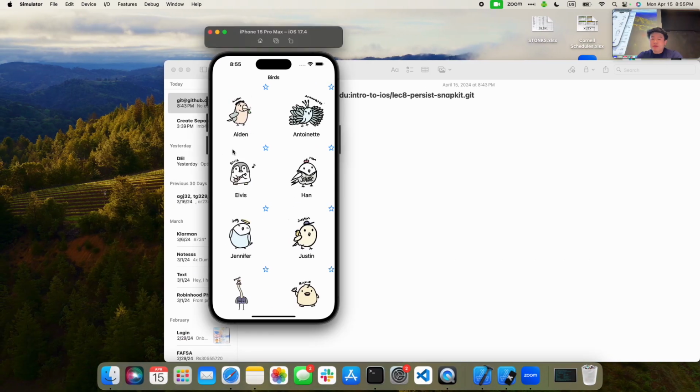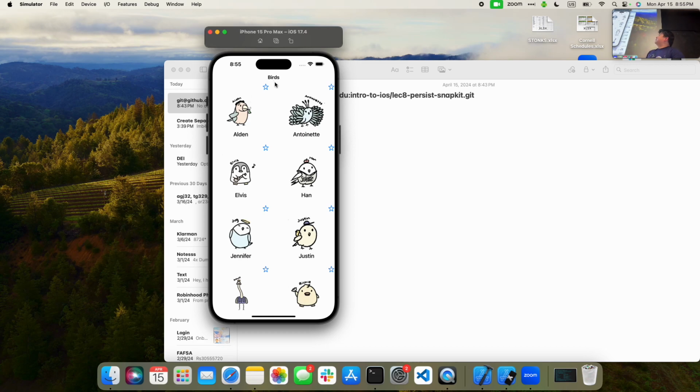Oh, there we go. Okay, so let's test this again. Before we had the completed code, but now that we have written our code, let's see if our persistent storage is working. Oh, so it seems like when we select any of these cells, it's not really doing anything. That's because we've processed the action, but we haven't given any visual feedback to show that we clicked on the cell.